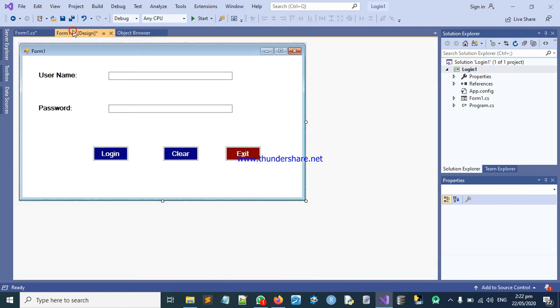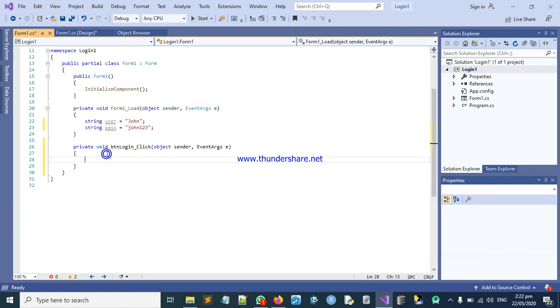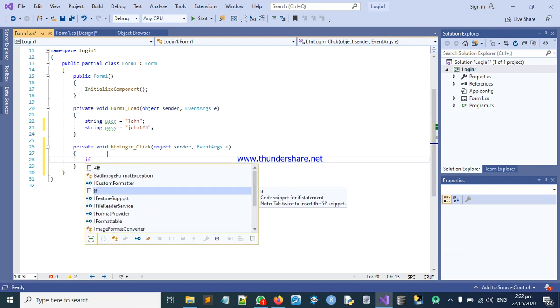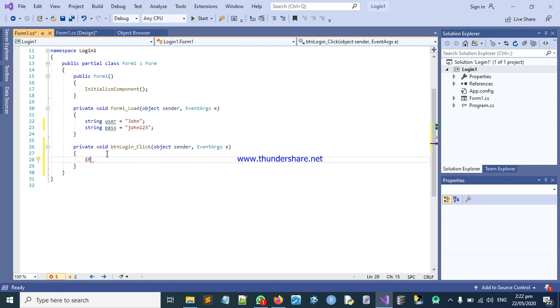Okay, so let me come back here now. I'll double click on the login button, then it brings me here. So I will now say if in bracket that shows that it's a function. So if tst user dot text equals to John